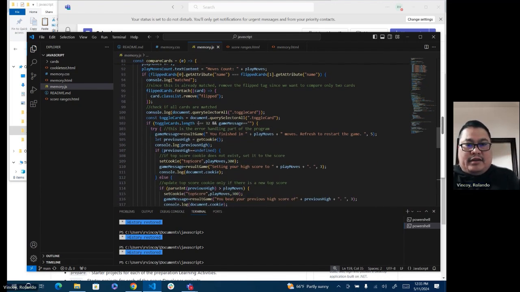So right here, if it's matched, then you check whether all the cards have been opened. And if the... I'm checking the cookie. Well, first in here we're calling this result game function, which basically